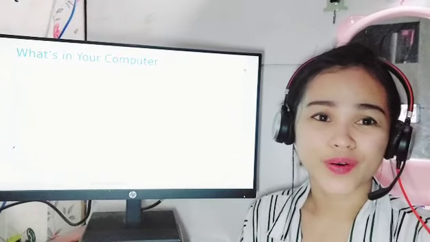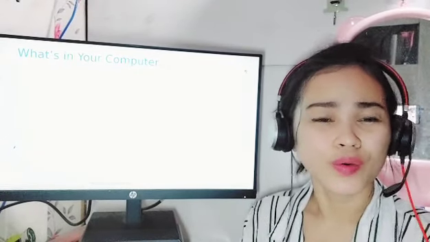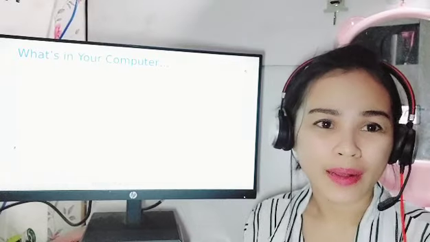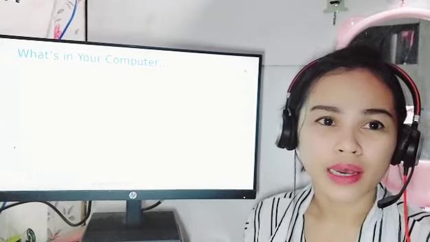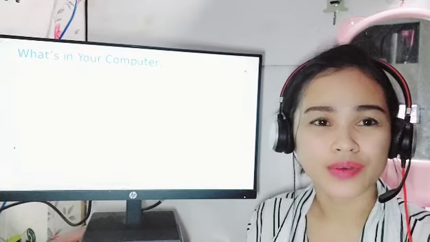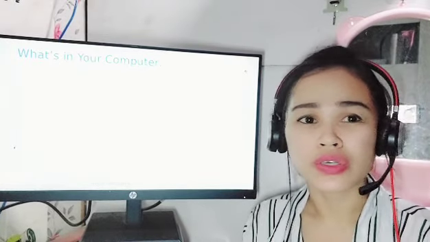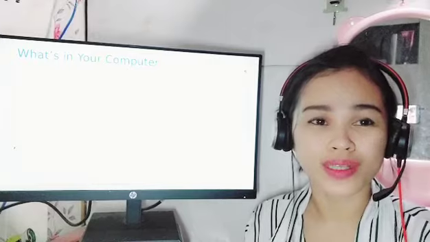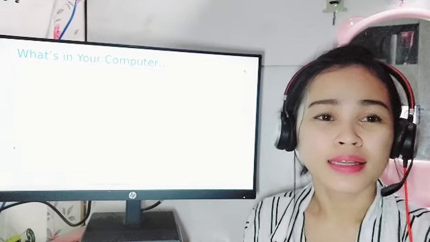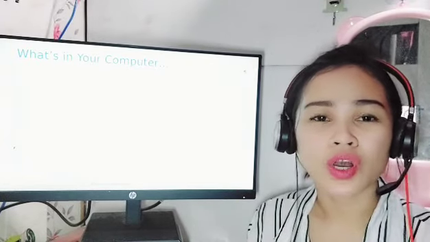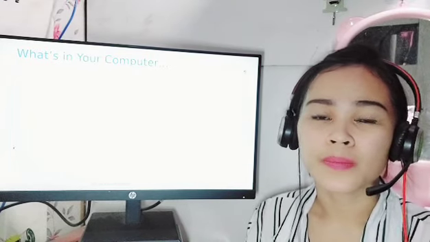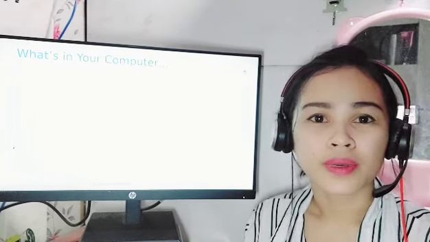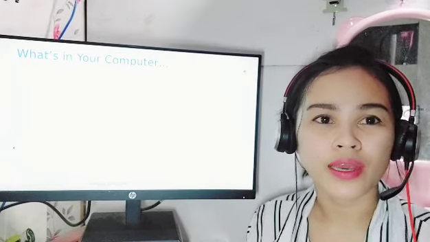Have you ever received a phone call from a customer who does not know what laptop or computer to get? From the RAM, from the graphics to the processor, they're just not sure on which one to select. Now, in this day and age, when every business or every job requires the help of a computer,